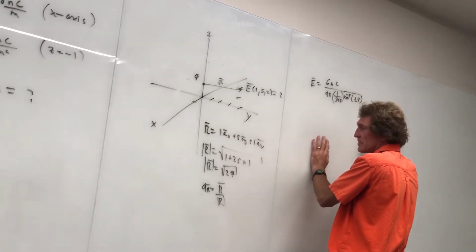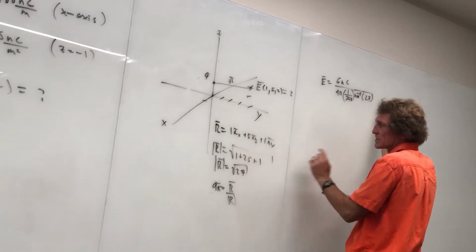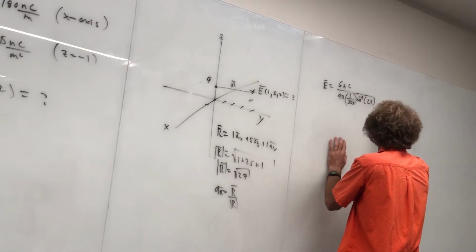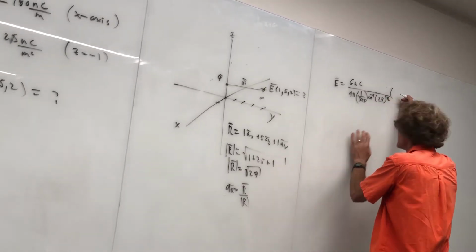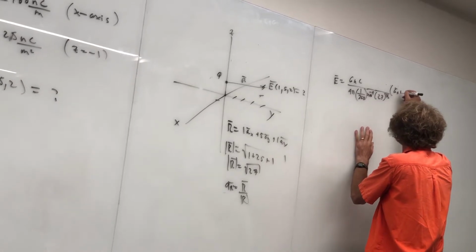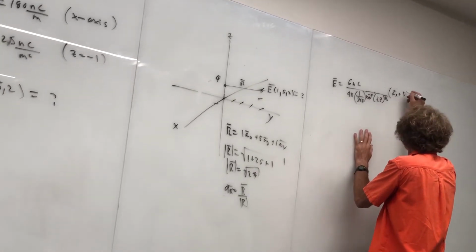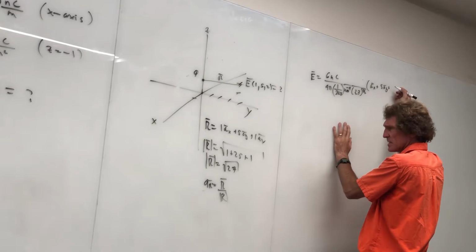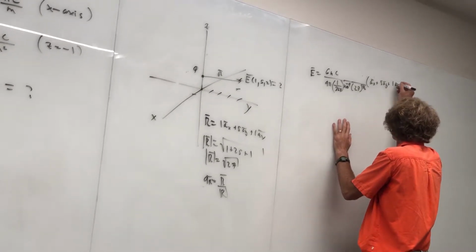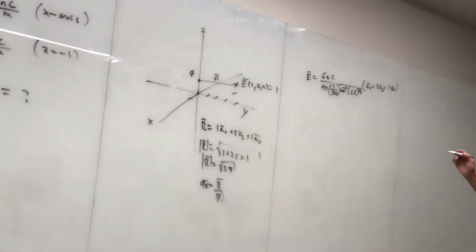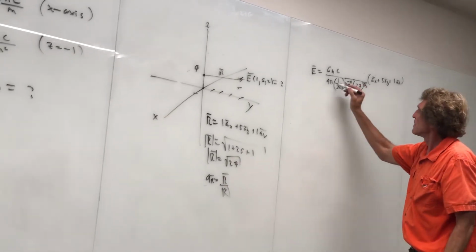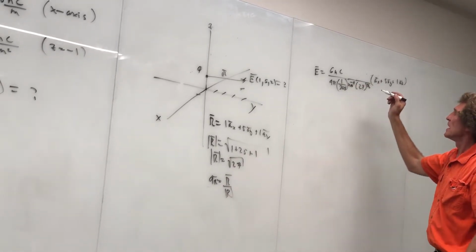And then it's going to be times AR, which is really this over that, or it makes 27 to the 3/2 power, and then it's times AX plus 5AY plus 1AZ. So that's the electric field from there. And then when you do the math on this one, that cancels this. And then I have